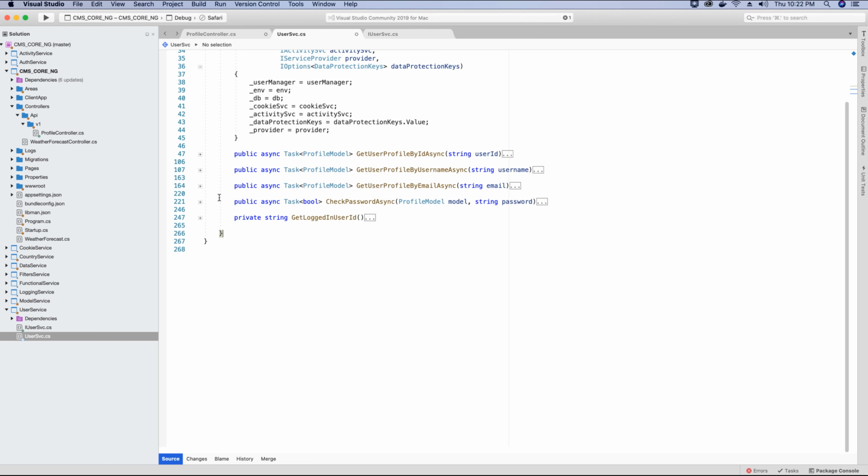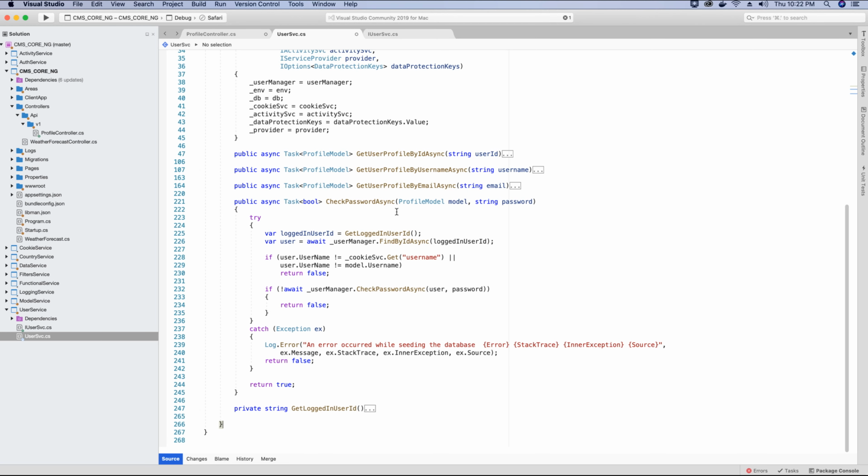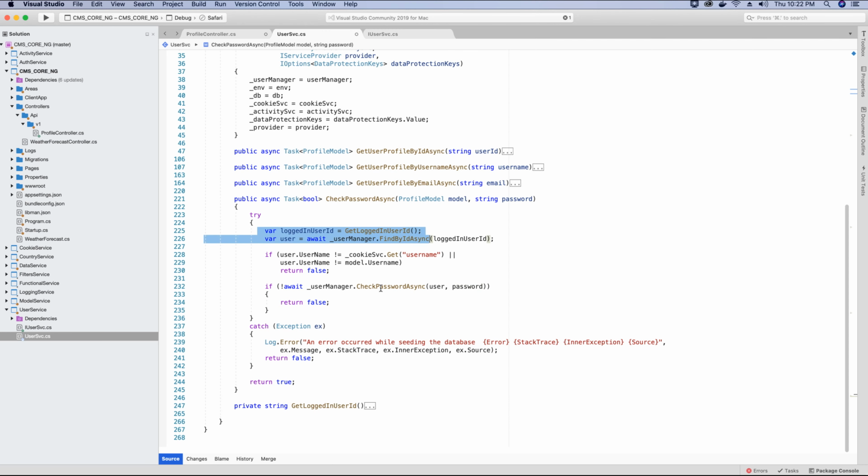So here I have implemented the check_password_async method, and we are passing the profile model and the password itself in the parameters of this method, and we are validating the logged in user. And if the user is valid, then we will check the password using the user